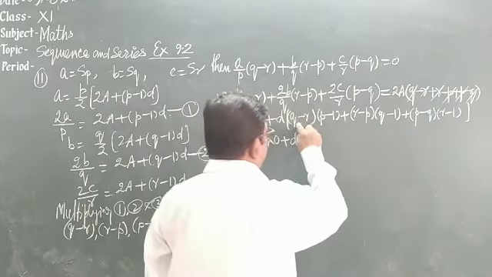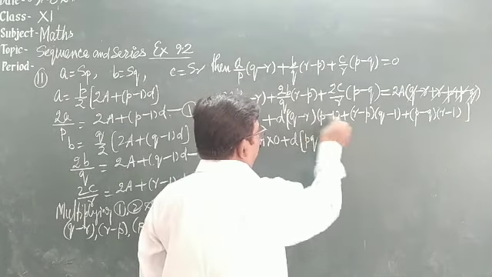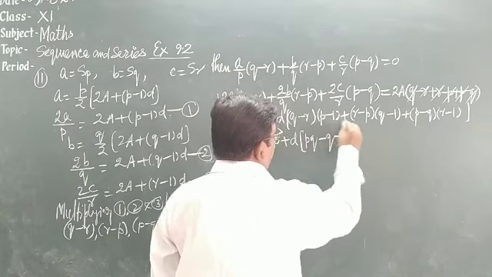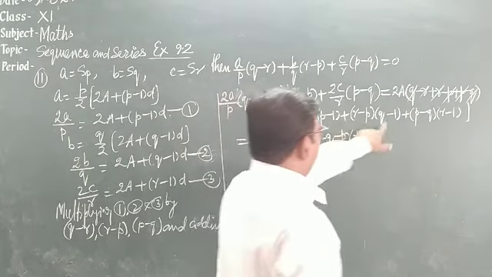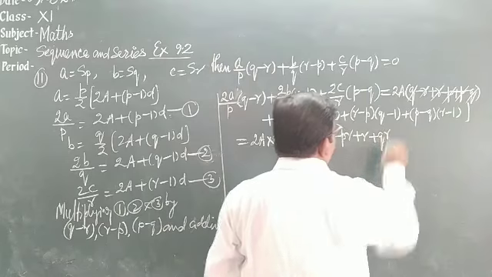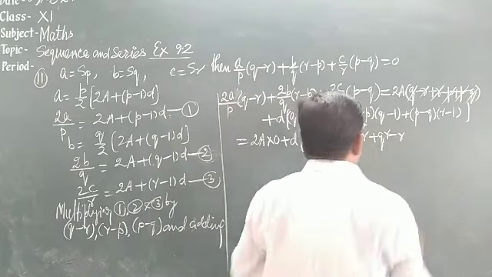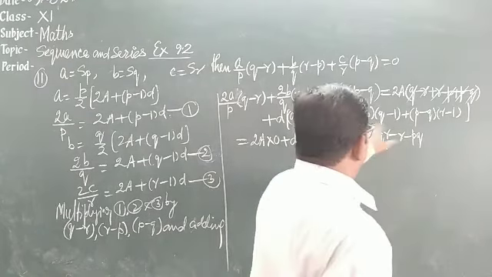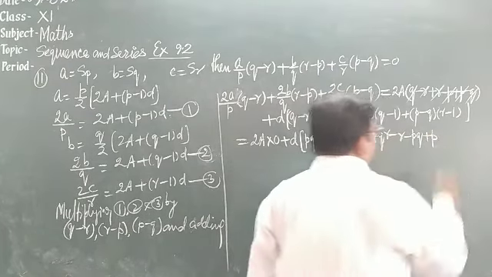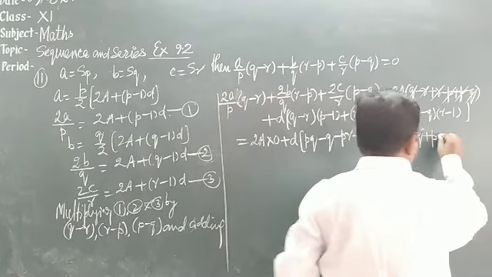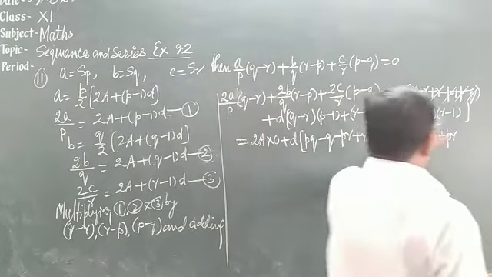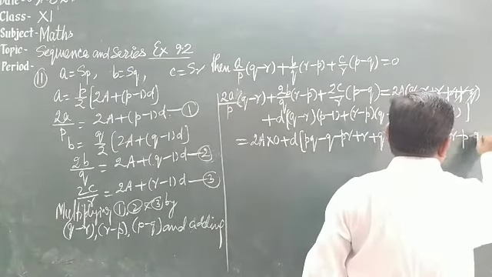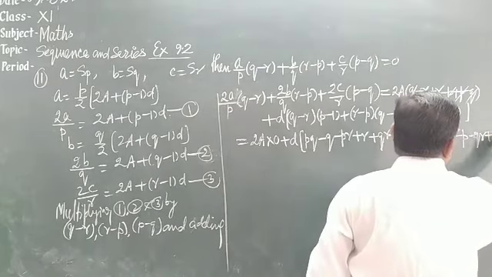here. So see, multiplying Q into P, PQ, Q into minus 1, minus Q, minus R into P, minus PR, minus R into 1, plus R here, R into Q, plus QR, R into minus 1, minus R, P into minus Q, minus PQ, and P into plus 1, plus P. Last bracket, P into R, plus PR, P into minus 1, minus P, Q into R, minus QR, and plus Q.